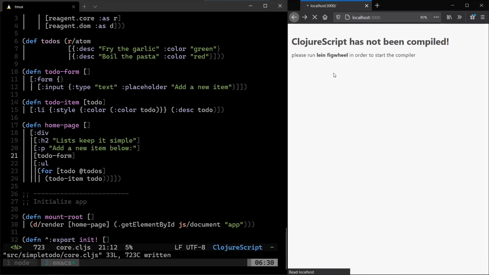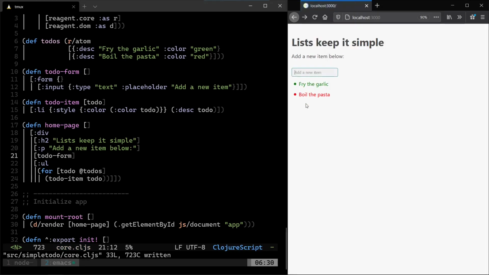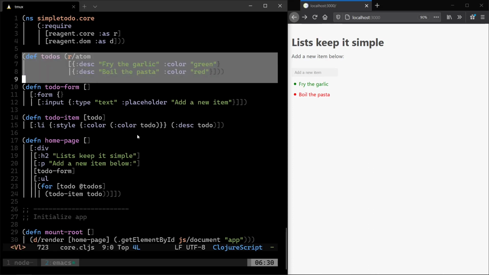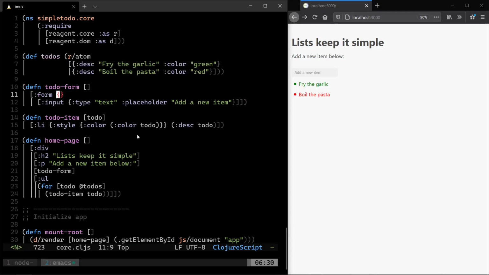Bam. So we can write something here. It's not going to submit right now, so we'll have to write some logic to be able to add to the atoms, add to the to-do list state. So let's give the form an on submit handler. So we are going to on submit, and it's going to run a function. So let's write an anonymous function here,